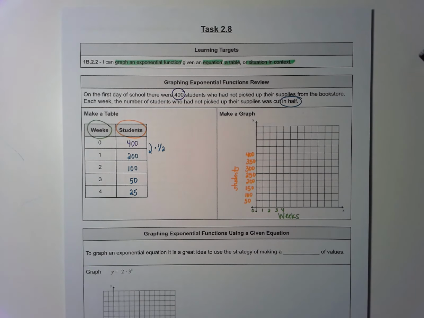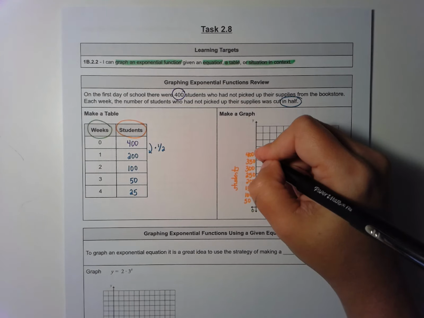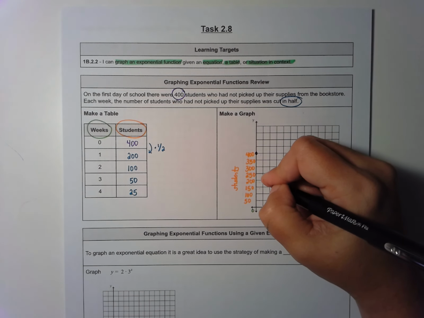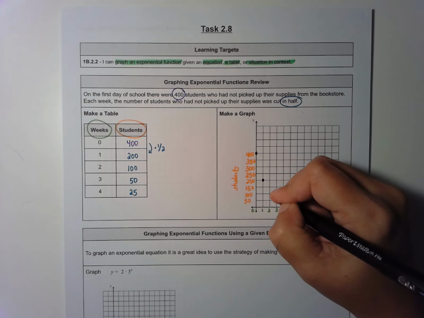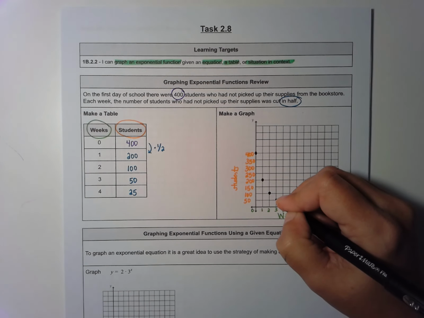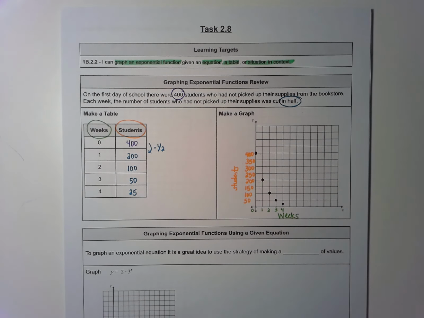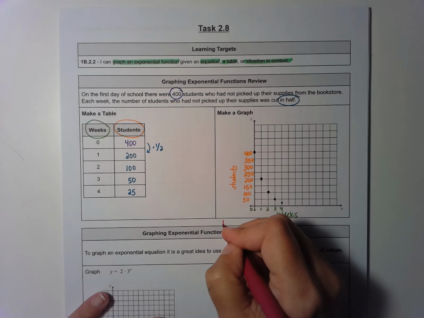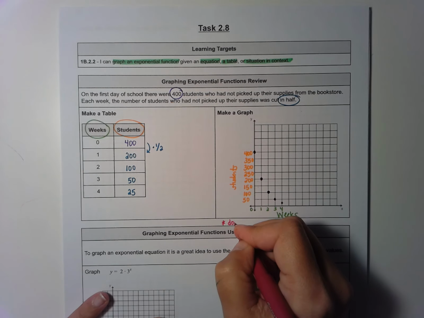Now I'm going to start by graphing my points. I've got 0, 400. I've got 1, 200, 2, 100, 3, 50, and 4 would be 25. You'll notice that those points make a nice curve, which makes sense. If this is an exponential function, it should be a curved graph. We need to decide whether to connect the dots or not here, and I'm going to say don't connect the dots,